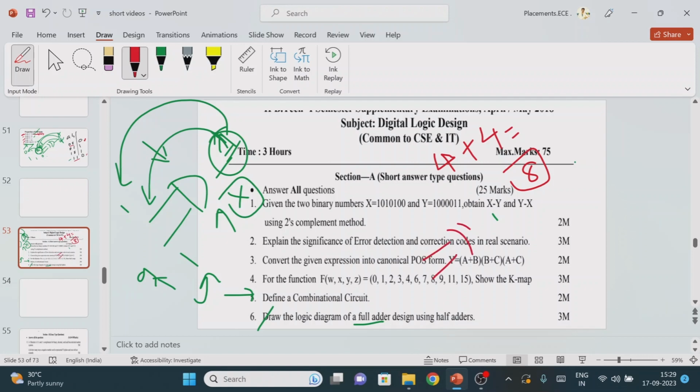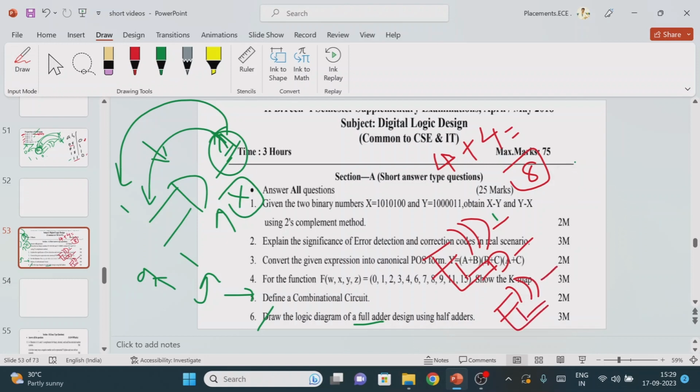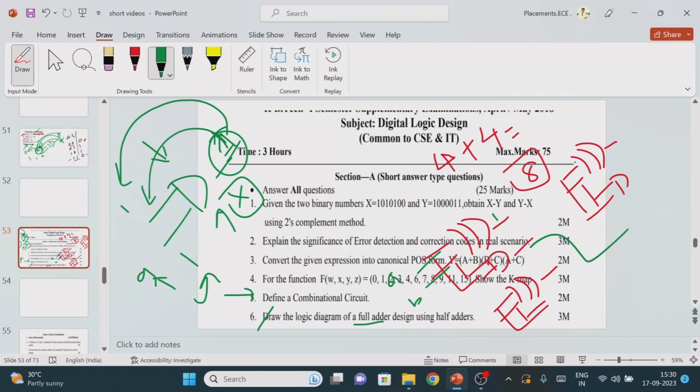So what is the logic circuit diagram for the half adder? Here we get the XOR logic gate, and one more, the AND gate operation. Again, one more half adder is the XOR logic gate followed by the AND gate operation. Now if you cascade these two, we get something like this. I am going to consider one more half adder circuit. If you connect this, we have 3 inputs, A, B as one input, then here we use the OR gate, so this is our final carry, and this is our sum. So by using these 2 half adders we design the full adder.